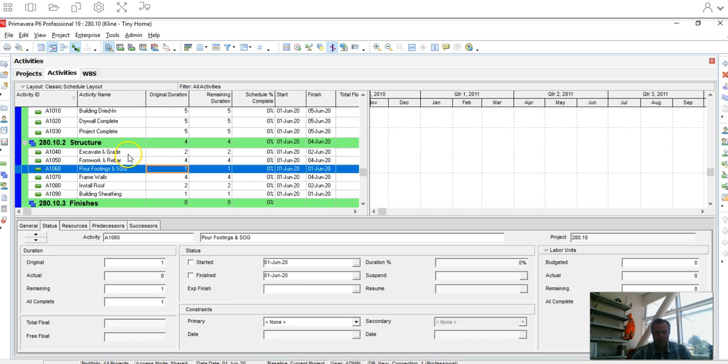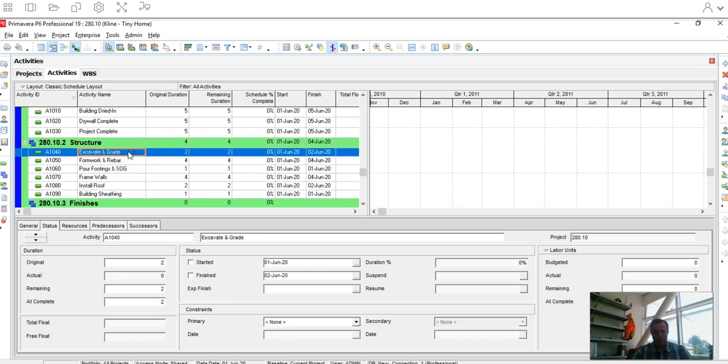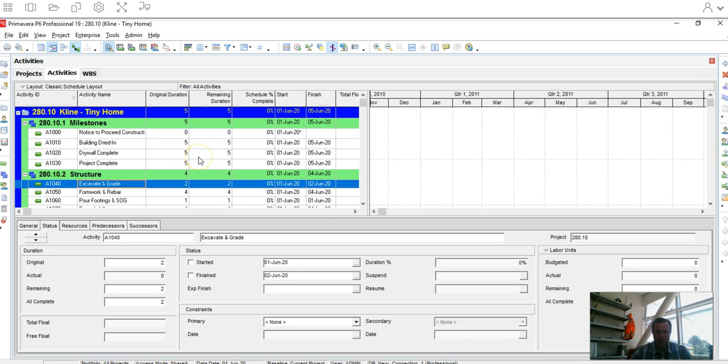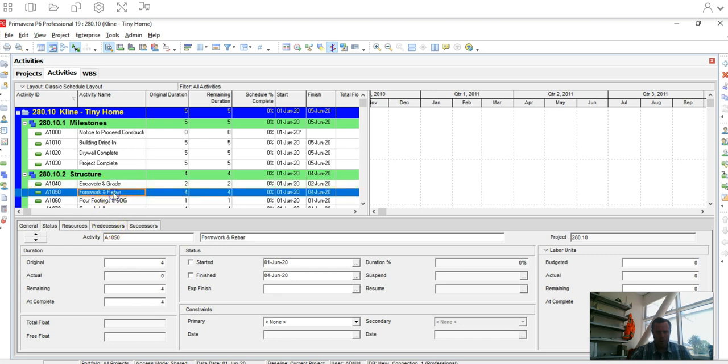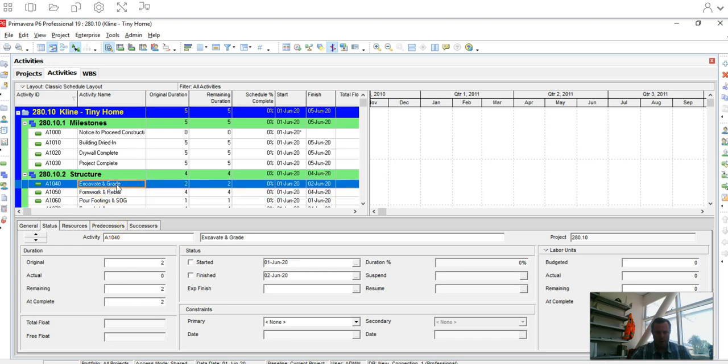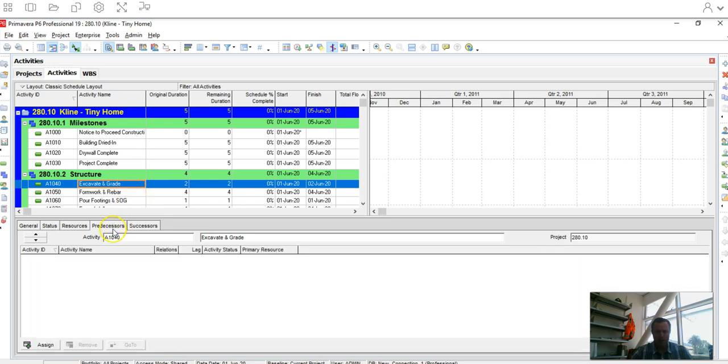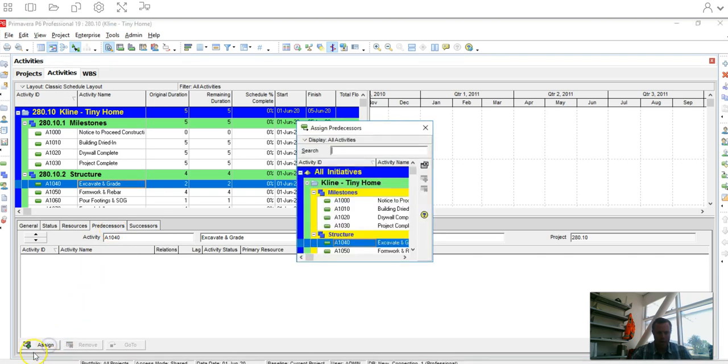Good. Okay. So now this is kind of the fun part, I think, with P6. We're going to start assigning or linking them up to really start making a realistic schedule. So there's 2 different ways to do this, and I'm going to show you both of them. So right here, I have my excavate and grade activity highlighted in blue. So once it's highlighted, go ahead and click on this predecessor, and you can go to the assign button on the